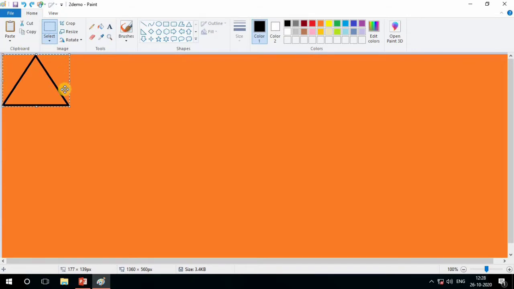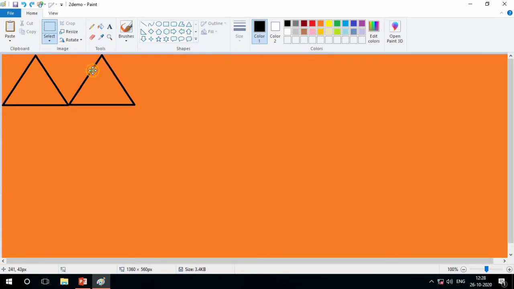I just want to select the square rectangular shape. So I just select. Now see here, the copy option is available. So click on copy and now click on paste. So see here, this shape is copied here.